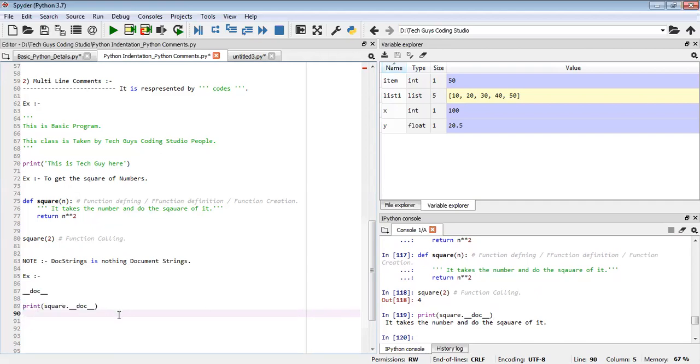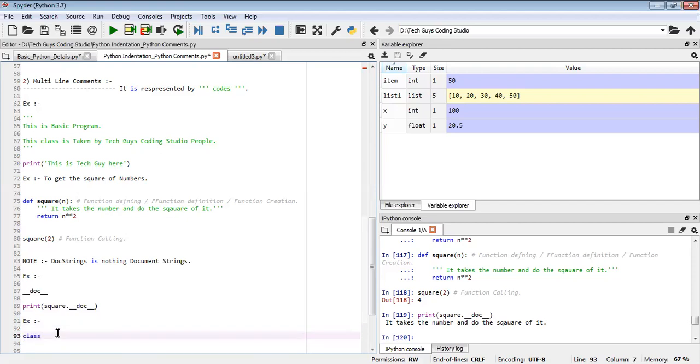Now we'll do one thing, I'll take one more example. And one more thing, it's not like that. In the place of the square method you can do anything. You can do multiplication, you can find even numbers, odd numbers also you can perform. And in the place of the doc string, anything you can type, but if you need the doc string to display, we need to put it in these three quotes. That's all.